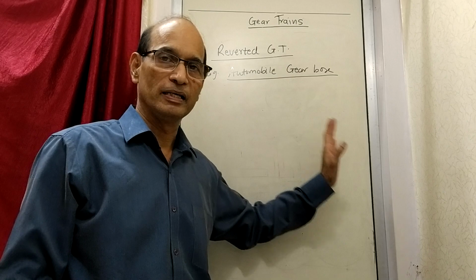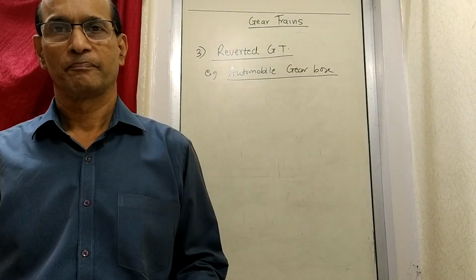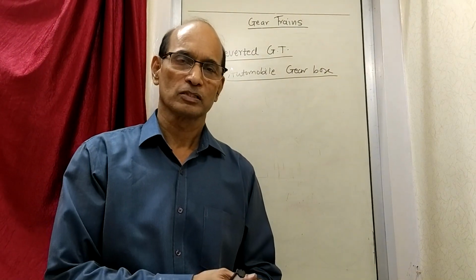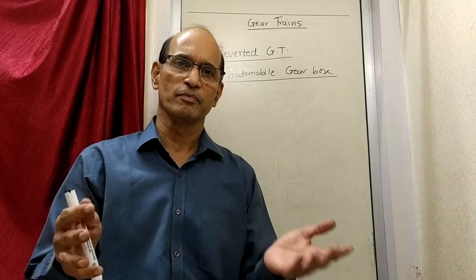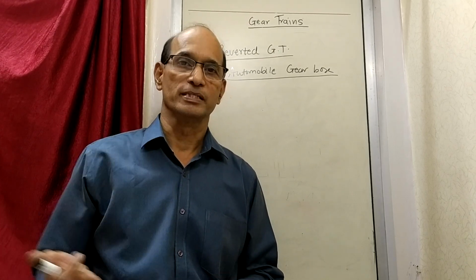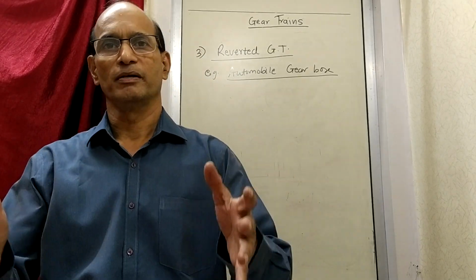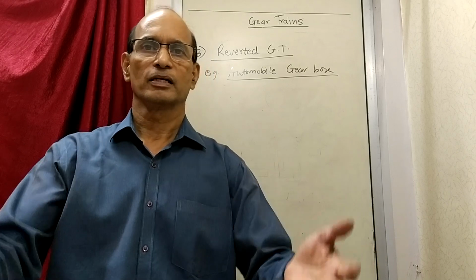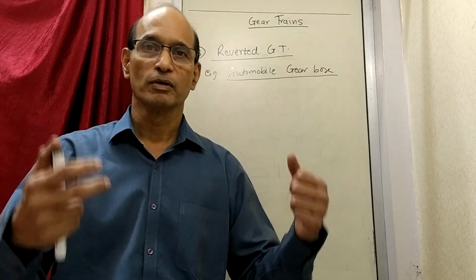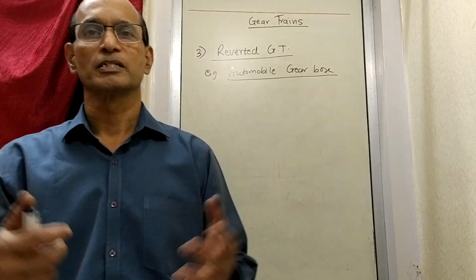All of you may know that in an automobile, in a car for example, there is a gearbox present, and that gearbox has different gears. It has gear trains, that means different arrangements of gears. And what do we get from that? We get different speeds. As you know, when your vehicle is running in first gear, it has a certain speed. When you change to second gear, it has another speed. Third gear, different speed. Fourth gear, different speed. Reverse gear, different speed and different direction. So this change of gears gives you different speeds.